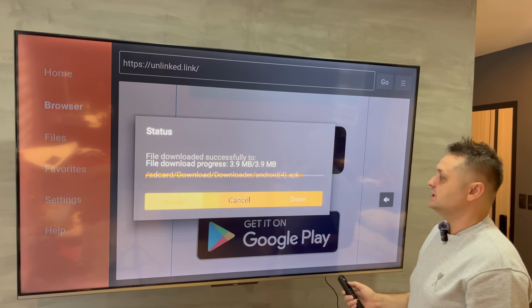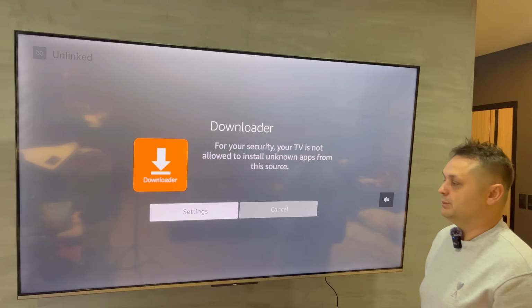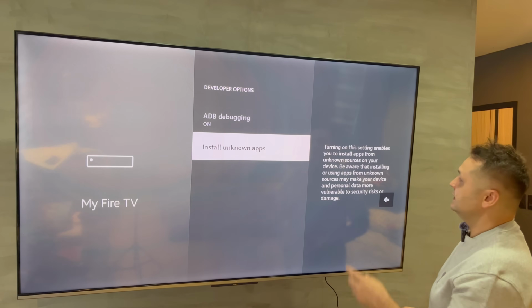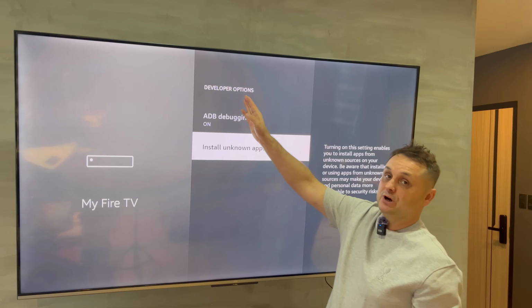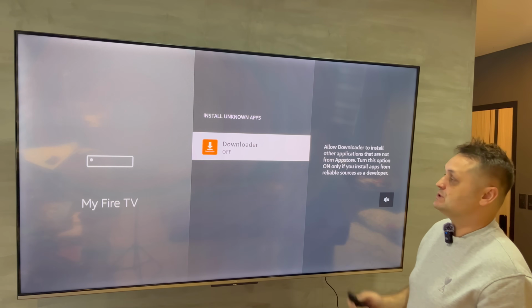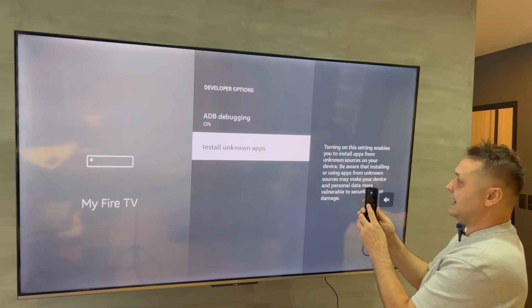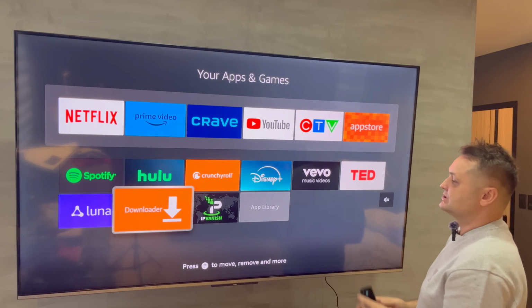3.9 megabytes, very small. And then it's going to try to install it, but it can't install it. We have to click Settings, and it's going to throw us into Developer Options. Once there, install unknown apps and make sure you turn the Downloader on. Okay, once you do that, hit one arrow back and one arrow back, and it's going to throw us back